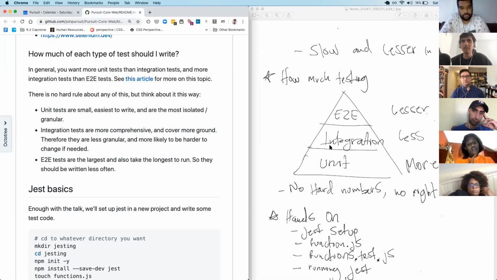Just because these two here, integration test and unit test, are very code focused in a way, but the end-to-end test is from the user's perspective. For instance, let's say, I'm trying to come up with an example. Let's say a button in your app doesn't work for a user. Let's say you're doing an end-to-end test where you automated a browser to